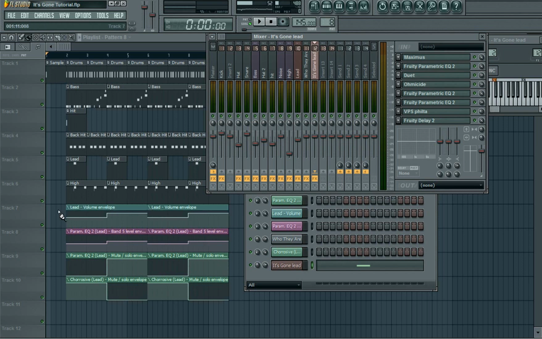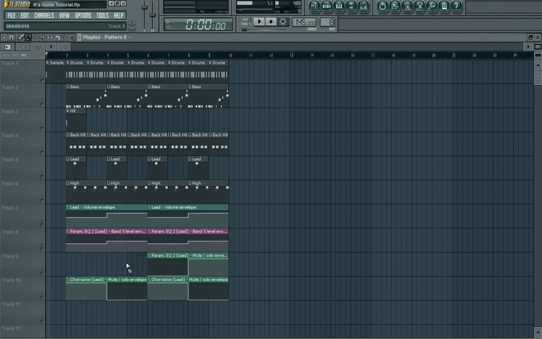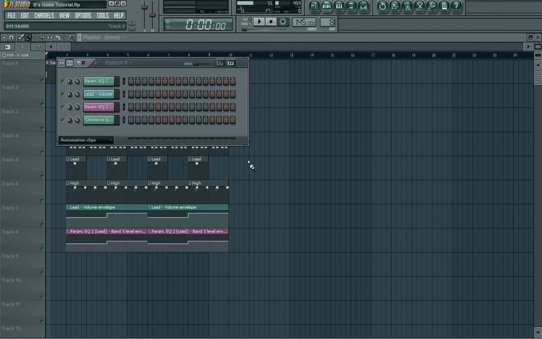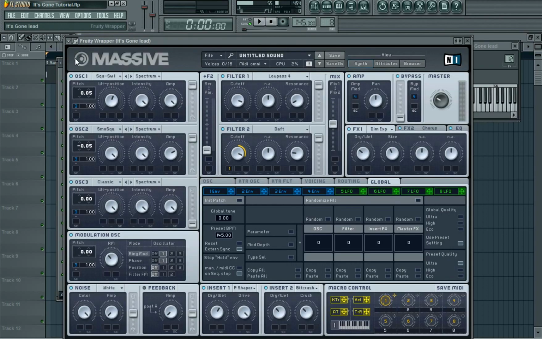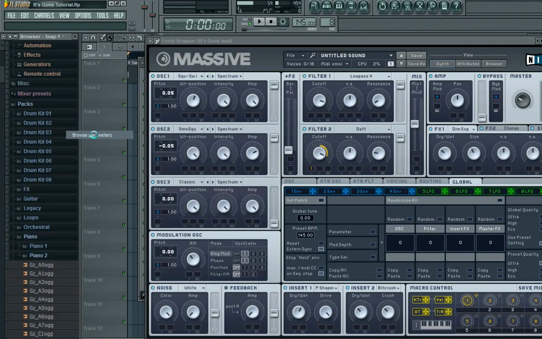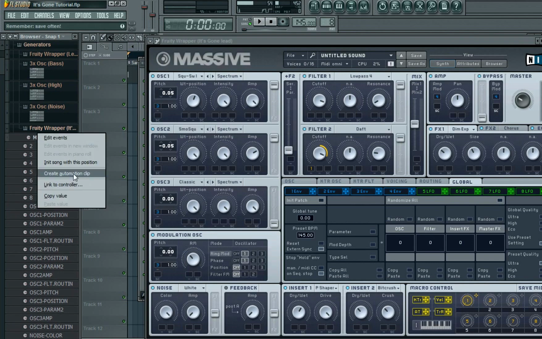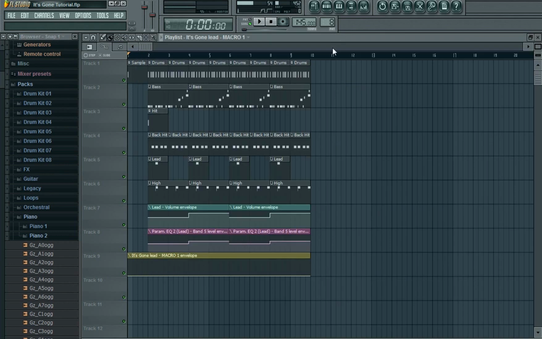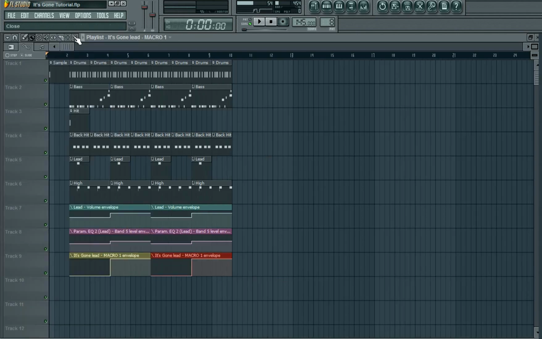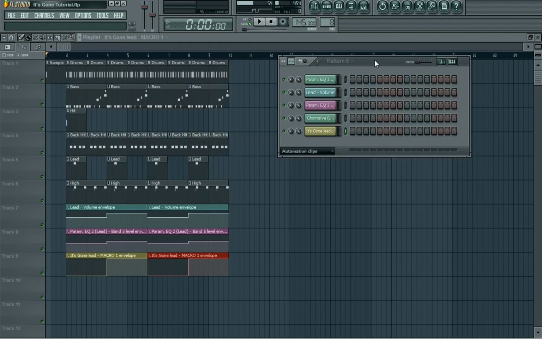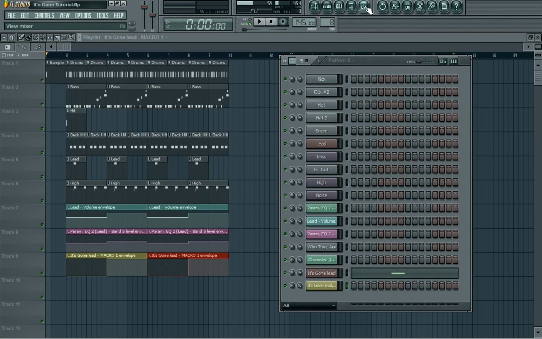So I'll just delete all the stuff we've already got here and then open up Massive, go to the drop down arrow, choose Browse Parameters, then right click on Macro 1, choose Create Automation Clip, and then we'll just cut this down to the length we want, and then we want it to be off for this bit and on for the second bit, so we'll just right click and draw that in, and then click anywhere, and you can duplicate it and put it there. So now that's going to automate the Macro 1 in Massive, but we still need to automate these